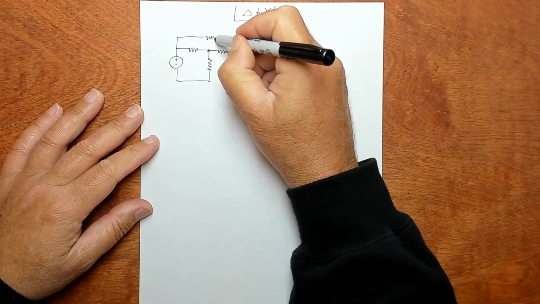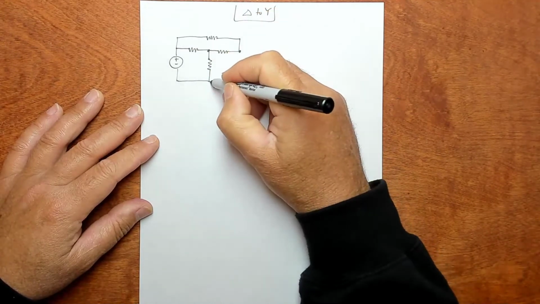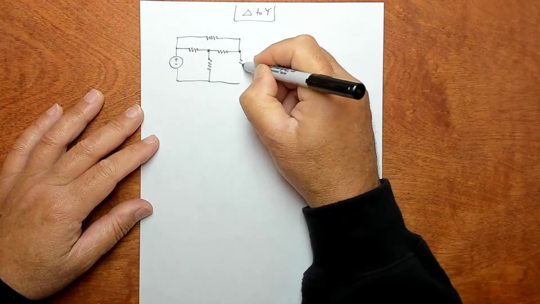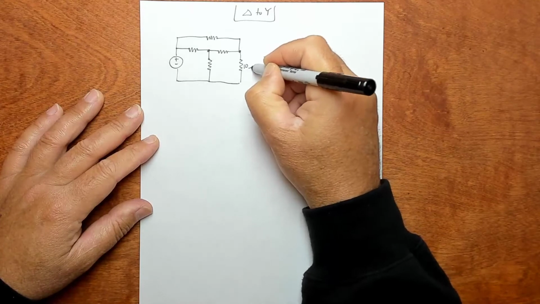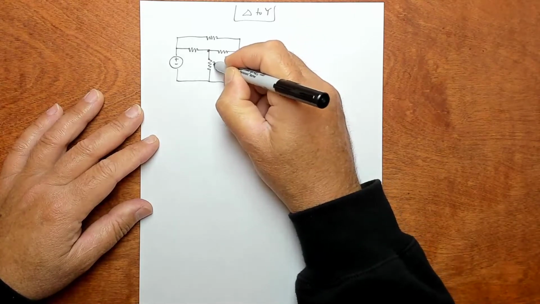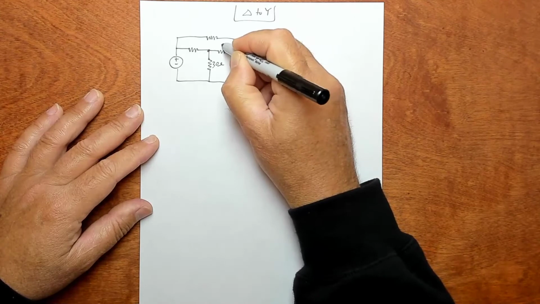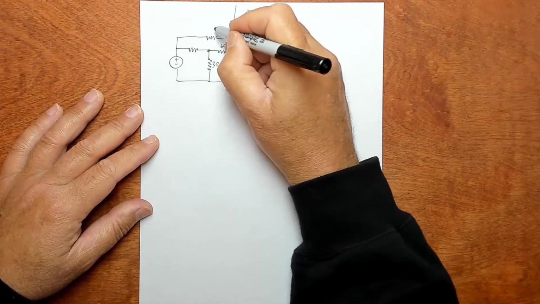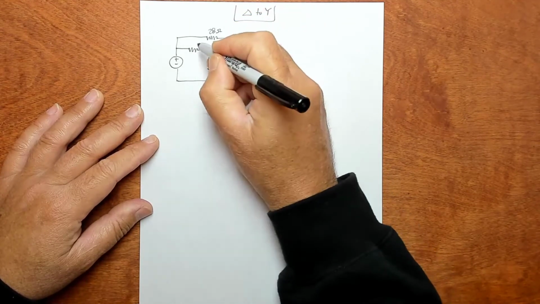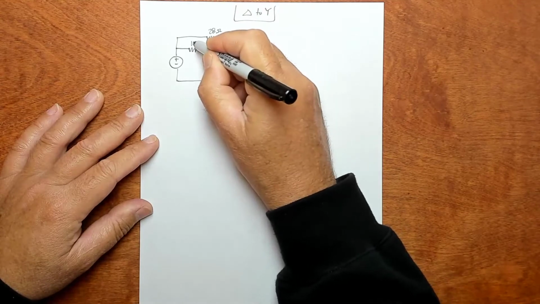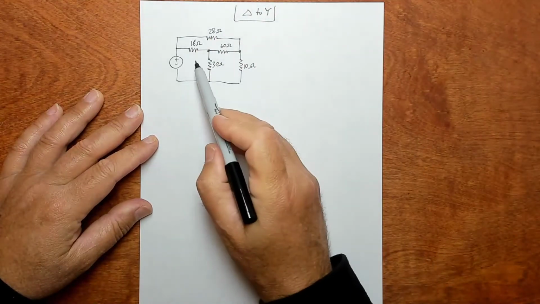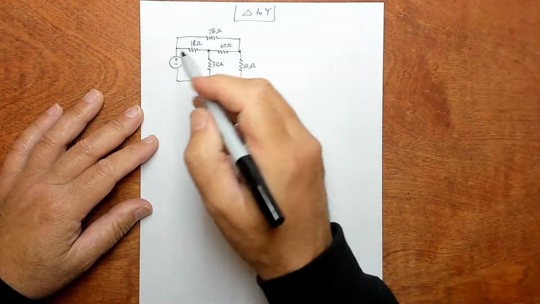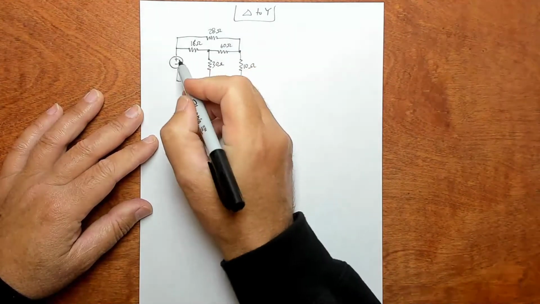It's a similar configuration to the circuit we've seen before in the last problem. The values are a little bit different, but the resistors are laid out in the same arrangement that we've seen in the previous problem, except now we have